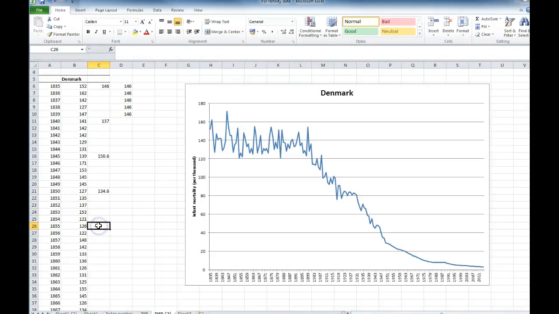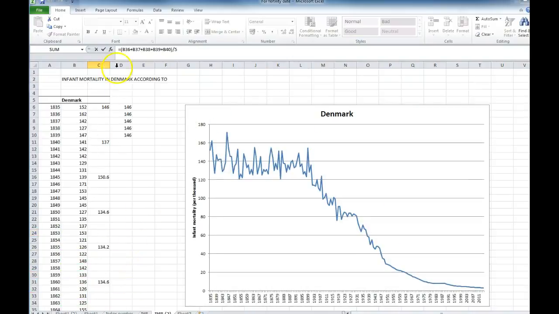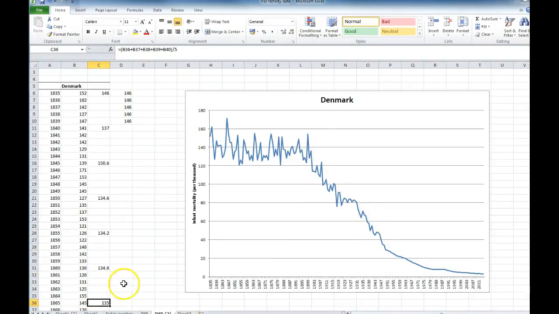If I go to 55, oops, it has forgotten it, so I just go Control C again, Control V, Control V, Control V. Okay, so for each of these cases, I have the average. Now I need just to make it drag down. So a way of doing that would be just to copy this, Control C,